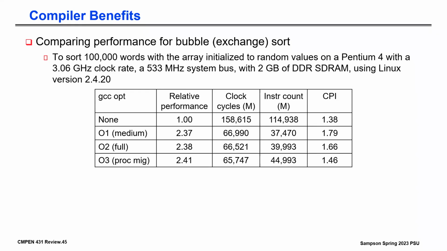Now the CPI, interestingly enough, is the lowest for the unoptimized code. Do you have an idea why that might be? Why might your completely unoptimized code have a very low CPI? Low CPI is generally good, right? Well, if you look at the number of instructions, it's doing a lot of simple, stupid work, right? So if it's spending a lot of its time just basically taking, every time you do I++,